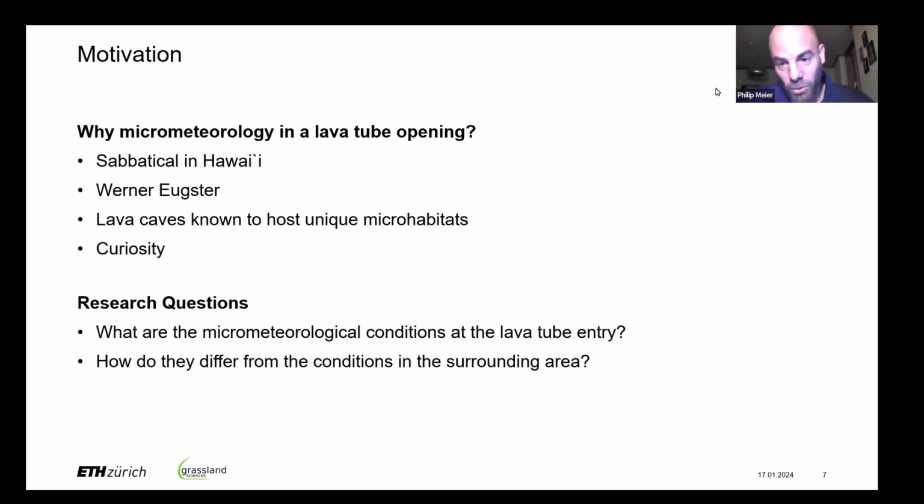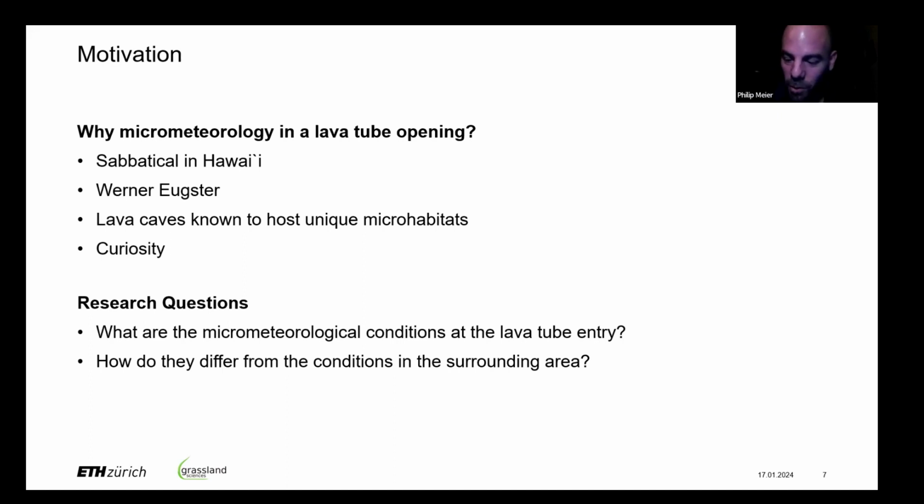And when I told Werner Eugster, Nina's former deputy, about my sabbatical plans, he was super excited, and encouraged me to investigate these unique ecosystems in lava tube openings that he had once seen on a Hawaii visit a couple of decades ago. But Werner sadly passed away during the time I was in Hawaii. And since Werner was not only a much valued colleague, but also a friend, this project gained importance for me also personally, kind of being a way to say goodbye to Werner from the other end of the world,